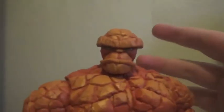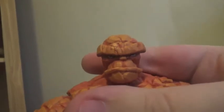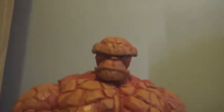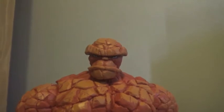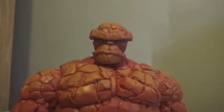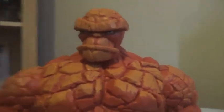Starting off at the head, I think it's done pretty darn well. However, when you're shopping for him, you gotta be sure to get eyes that line up very well. There were 2 options at the store that I purchased it at, thankfully, and I picked the one that I felt had the best eyes. Because you gotta be careful with the paint apps for the eyes, because they can look kinda off if you're not careful. But I do really like the sculpting. I think it's a very quintessential Thing head with the huge eyebrow and the upper lip, and yeah, I think